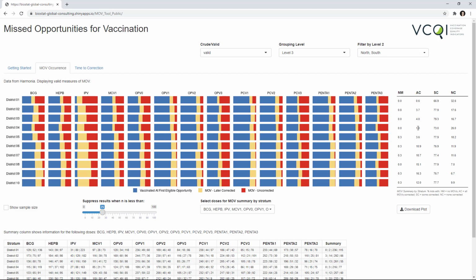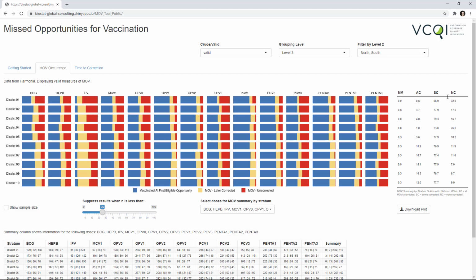So for instance, in District 4, 0% of the kids had no MOVs, 1% had some MOVs, all of which were corrected, 73% had a mix of corrected and uncorrected MOVs, and 26% had no MOVs corrected.